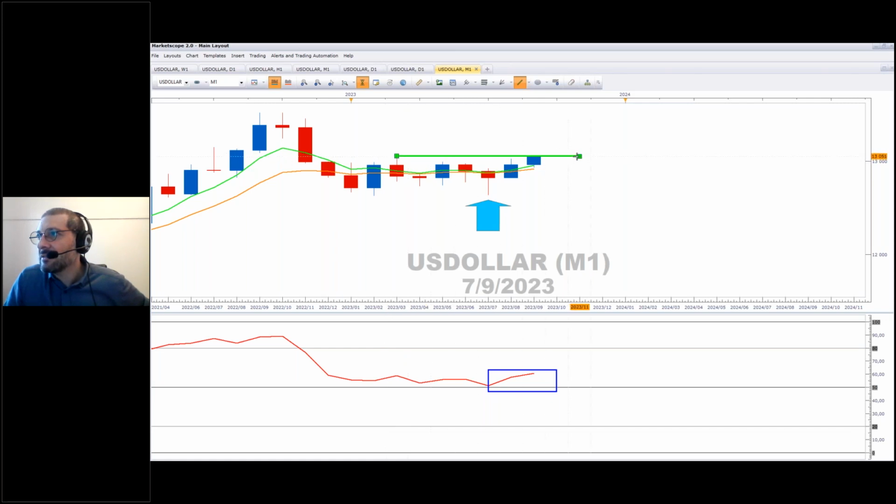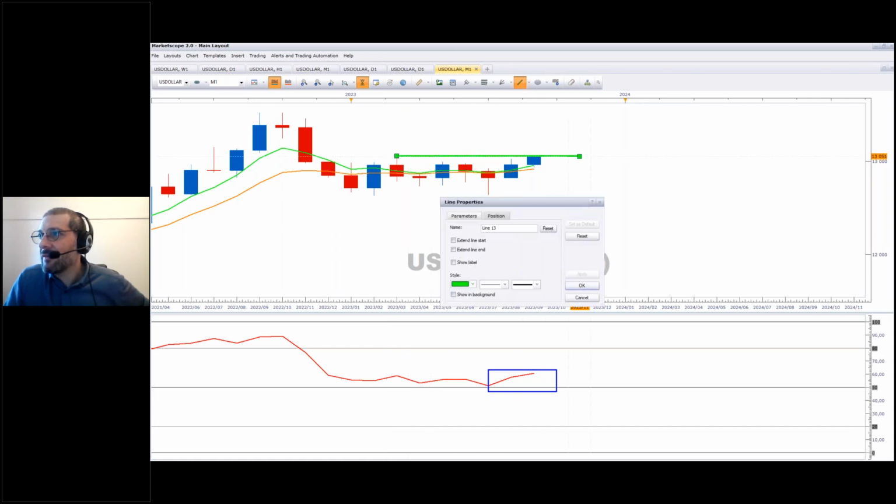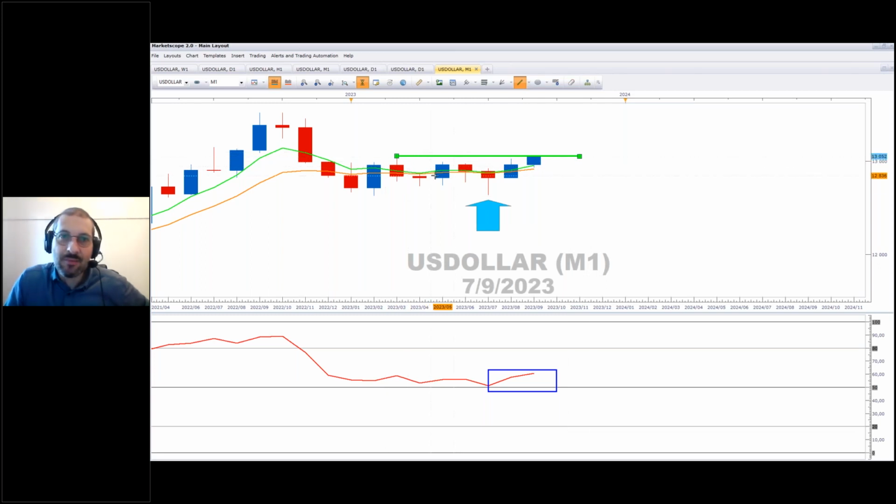Here is the measure. If we take out this level here, there's a breakout on the US dollar. Well, that puts us in a very interesting paradigm. Then we're looking at dollar strength as a key story in the market. And if that's the key story in the market, as traders, we've got to let that